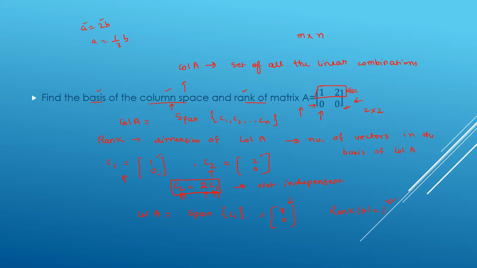But because we have to find out the basis of the column space, we have to do this whole procedure. I'm hoping that you're getting what I'm trying to say in the form of dimension, that is rank, and column space. Let's see another example so that we have a better understanding.